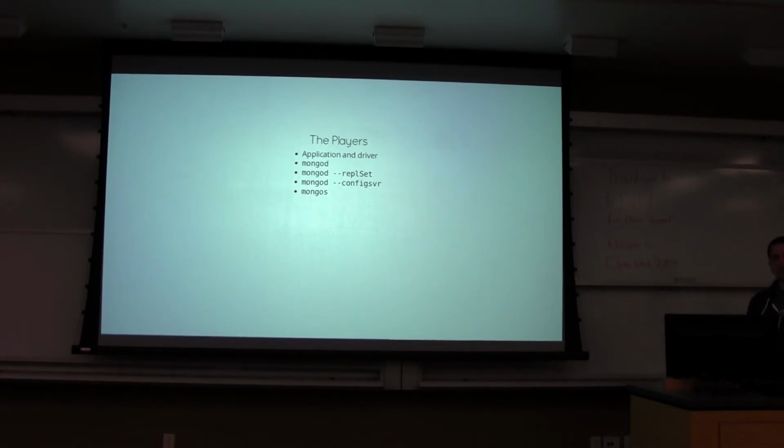Additionally, there's a second type. With primaries and secondaries, those both store data. There's another node type called an arbiter, which is basically a voter, or an observer of the other. So it's a member of the replica set. So maybe in a case where you had a replica set of 3 members, a primary, a secondary, and an arbiter,